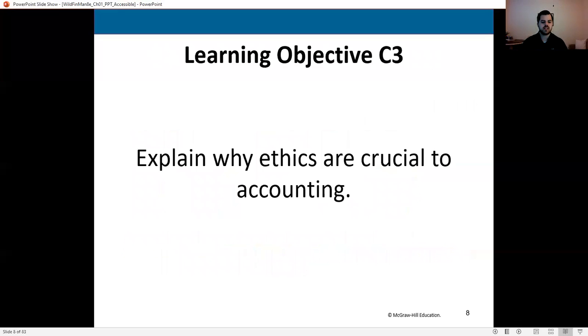So the next thing we want to discuss here is really brief as to why ethics might be important. So let me ask you, just as kind of a hypothetical, would you trust an accountant if you knew they were not ethical? If you knew they were going to lie, cheat, and steal to do whatever they had to get the results you wanted, would you want to work with that person? I sincerely hope you said no. And I sincerely hope that you would not be willing to do those things.